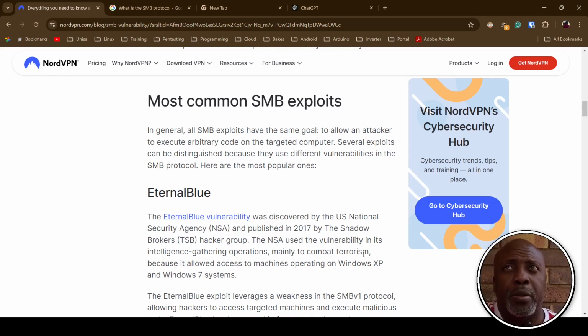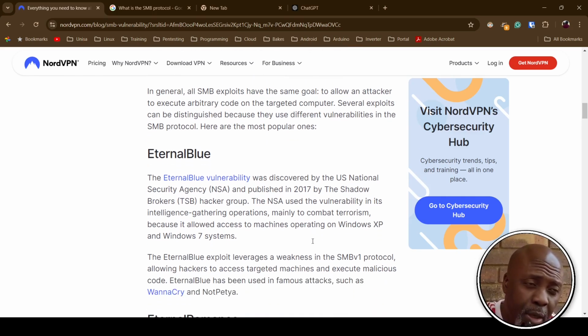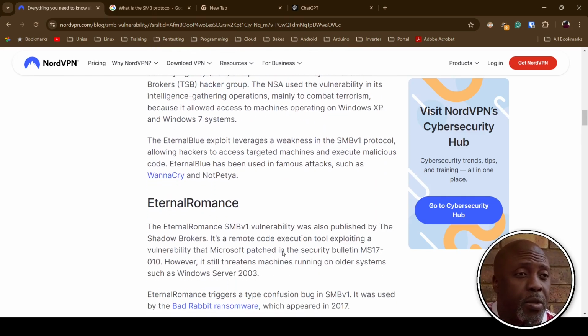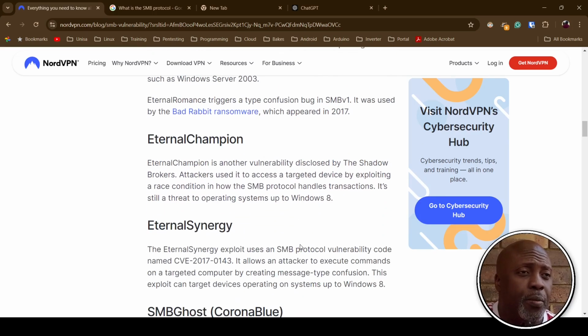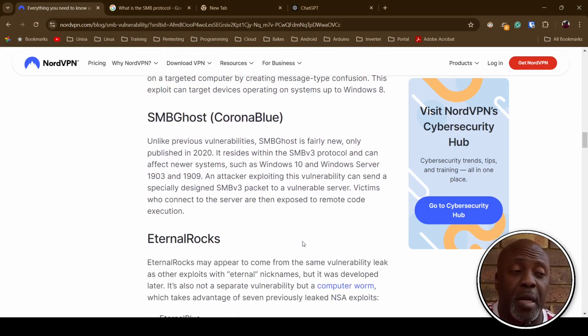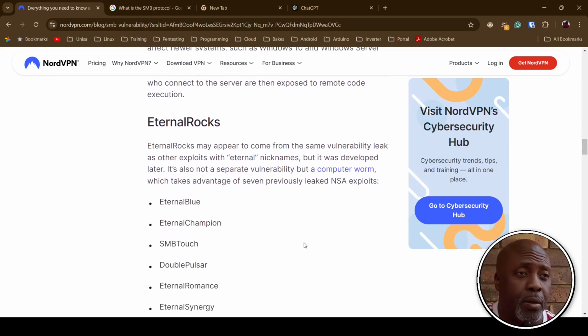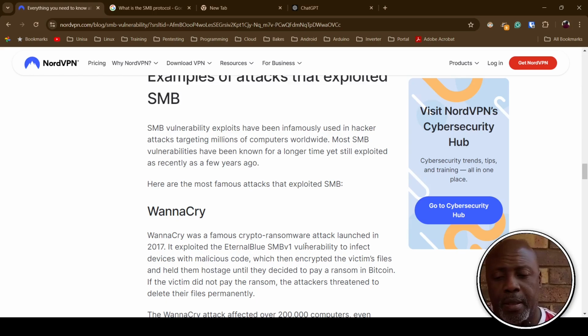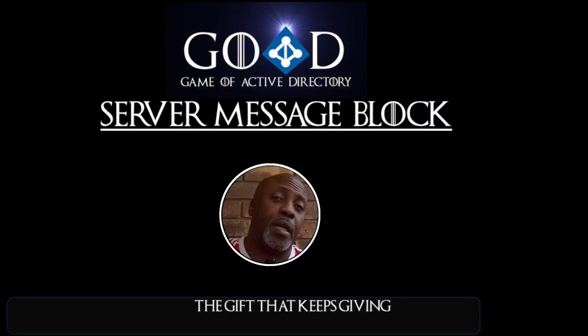If you remember Eternal Blue, it became part of a set of exploits that were leaked, a set of exploits that were held very securely by the NSA until somebody decided they were going to let all those exploits be known to the internet. And then, of course, because of that, we have had the Sons of Eternal Blue. We had Eternal Romance, Eternal Champion. Some of them I didn't even realize had names. Eternal Rocks, we never heard of it. So there's a whole gamut of exploits.